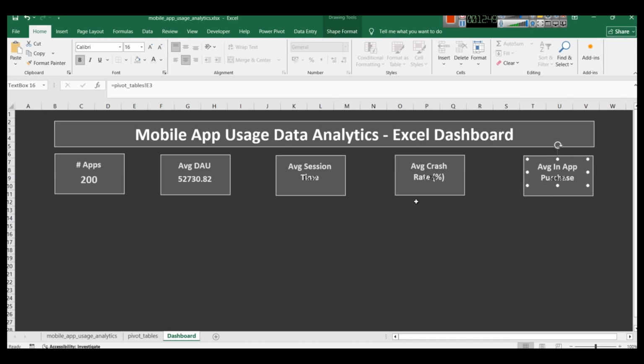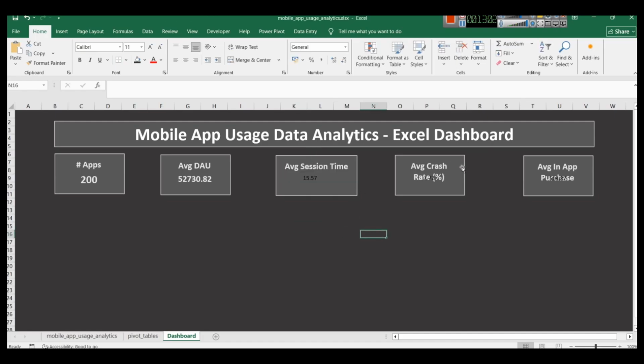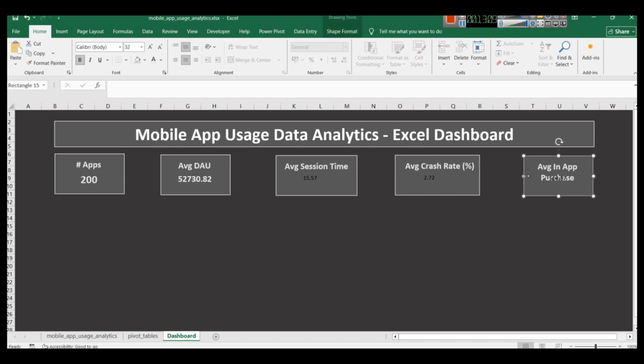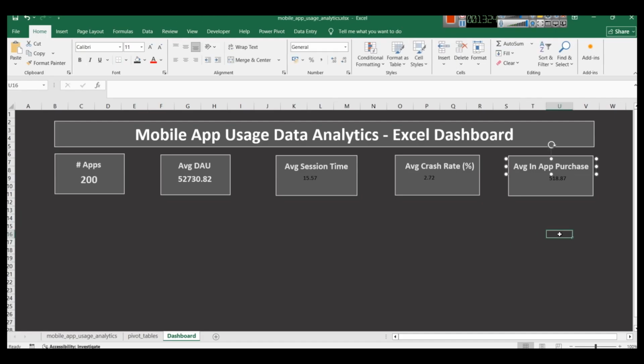Now you can see in some headings the heading is shorter, but in some cases we have bigger headings, so we can easily increase its width. Same here, and that's why we are using this entire row for our KPIs. One good practice will be to obviously use equal size for all these KPIs, like equal width for all these KPIs. So then it will look good. This will be average in-app purchases. Now